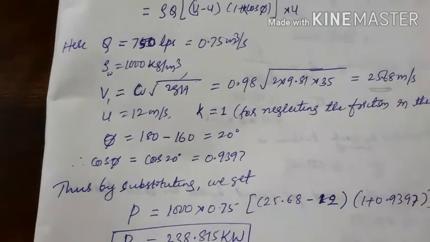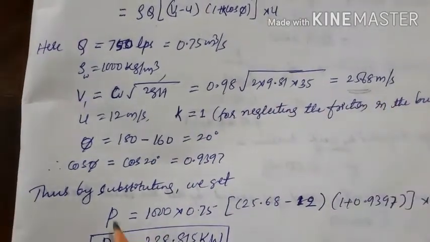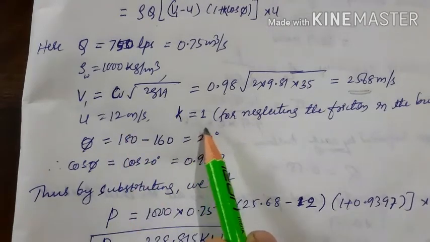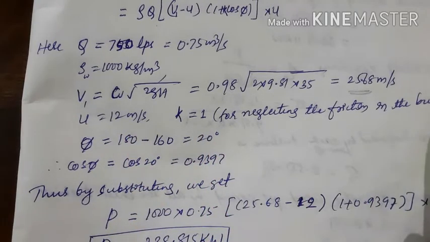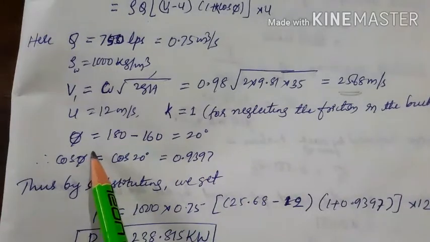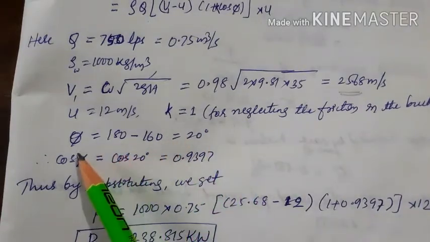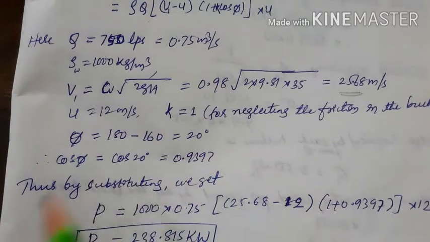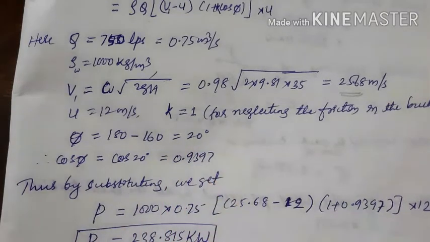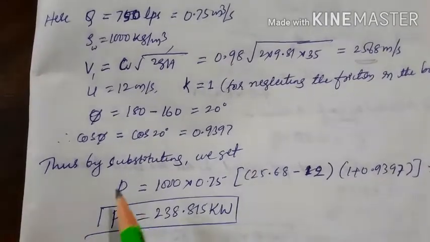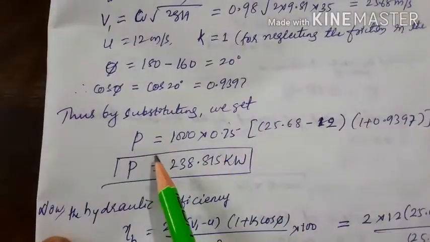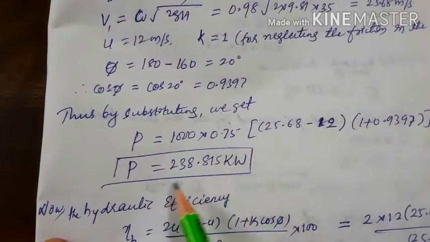Then we get 25.68. The velocity of the bucket is given as 12 meter per second, and take k value as 1 for neglecting the friction in the buckets. The angle of deflection is given as 160, so the angle of vane at exit will be 180 minus 160, that is 20 degree. Then cos phi becomes 0.9397. Thus, by substituting, we get P equal to 1000 into 0.75, directly we get